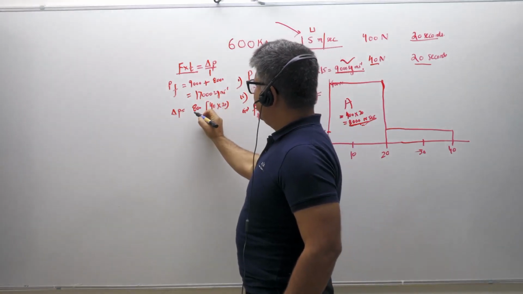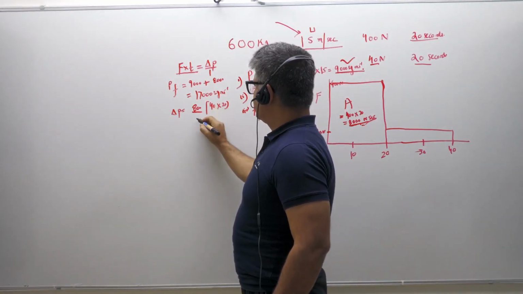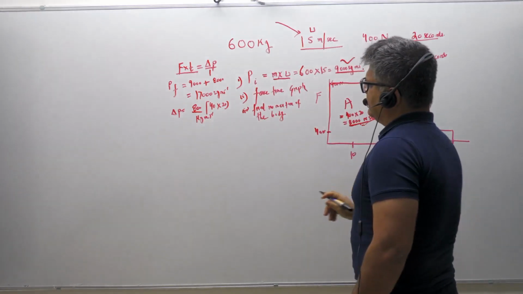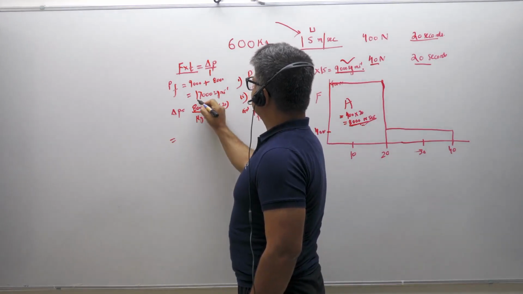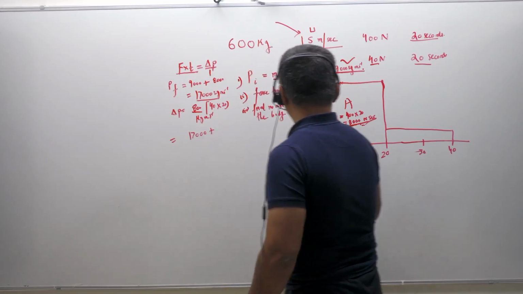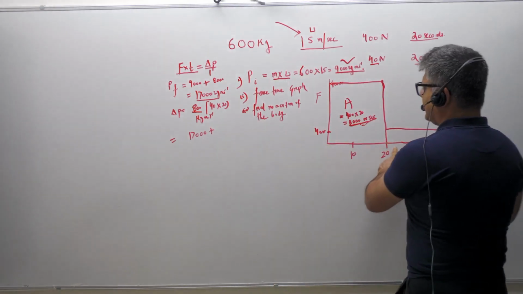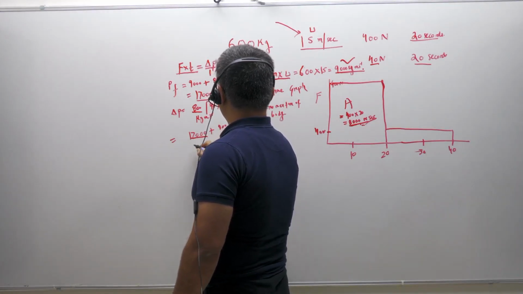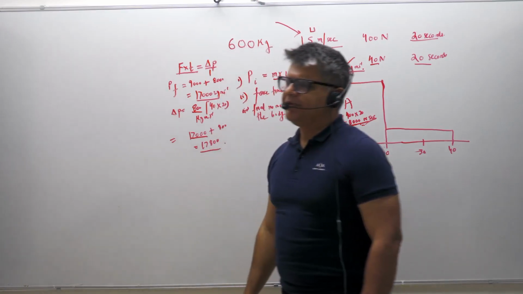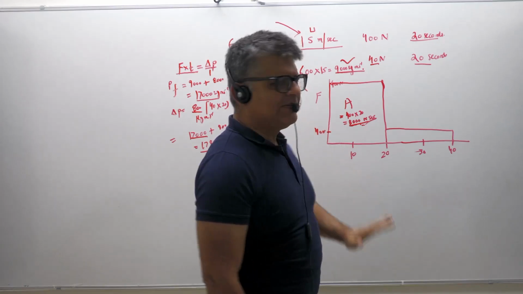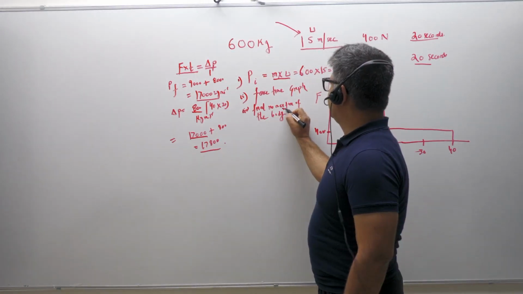Now you have reached 800 as the momentum, of course kilogram meter per second, and your total momentum now, right? You started with 17,000. So your total momentum after the end of 40 seconds, 20 seconds and 20 seconds, is 17,000 plus 800 is equal to 17,800. The question is, what is the final momentum of the body? This is your final momentum of the body.